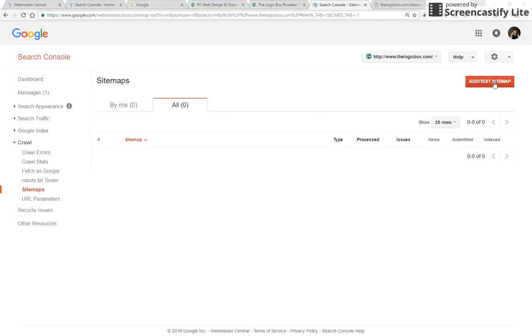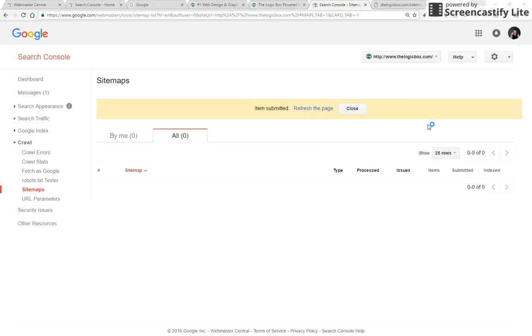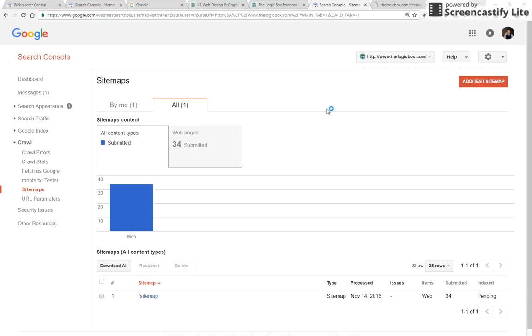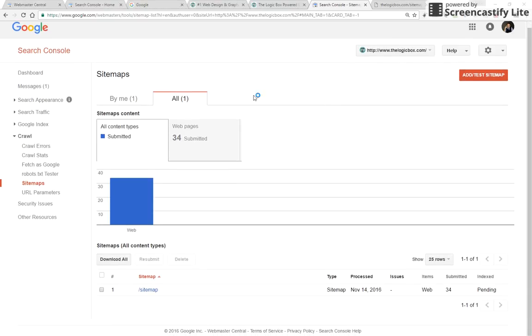All right, so let's do this again, and this time we're going to submit it. Submit. And submitted. Refresh the page. If everything worked correctly, you're going to see how many pages were submitted. Now, this does not mean that right away you're going to see these pages as part of Google. It's going to take a couple of days for it to circulate, and then this will change from pending to submitted. And that's it. That's how you submit a sitemap through Google Webmaster Tools and how to verify a website